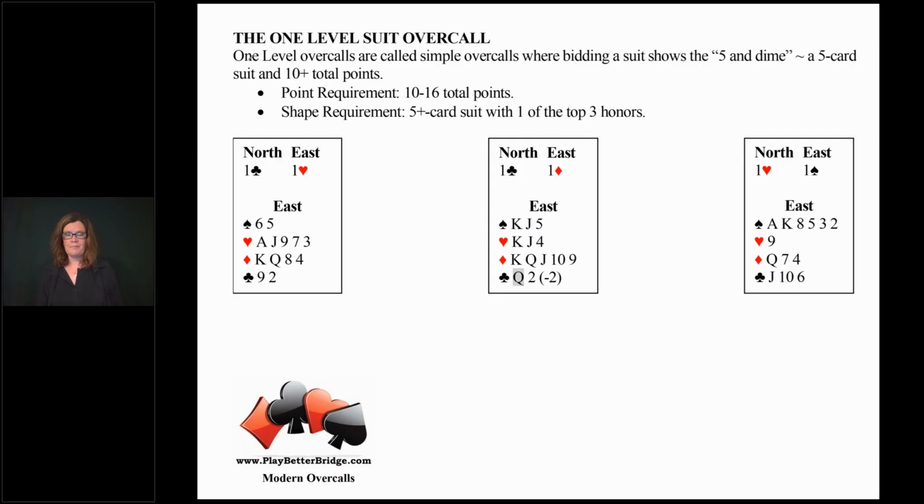The one level overcall. We call this the 5 and dime. 5-card suit, minimum 5-card suit, and minimum 10 total points. And total points, we're counting high card points and long suit points. That's our general rule. We're always counting high card points and long suit points. Everybody at the table counting high card points and long suit points until the point